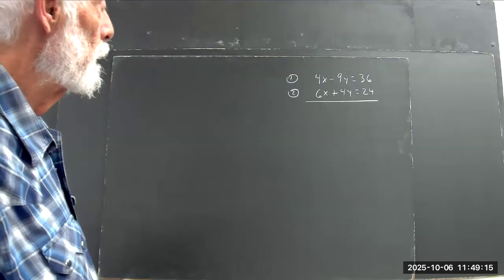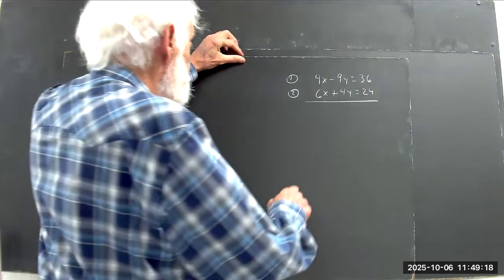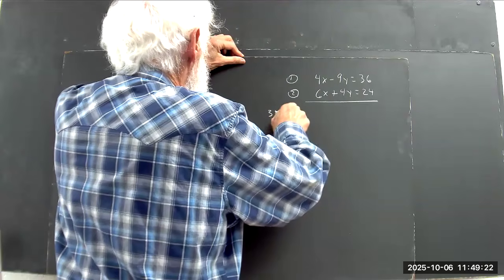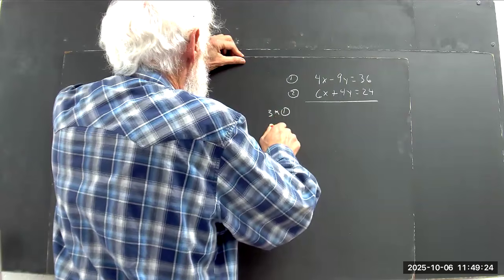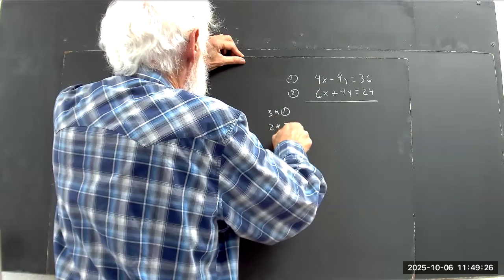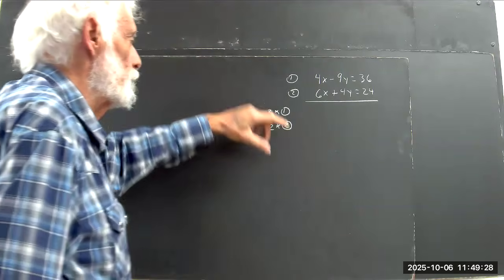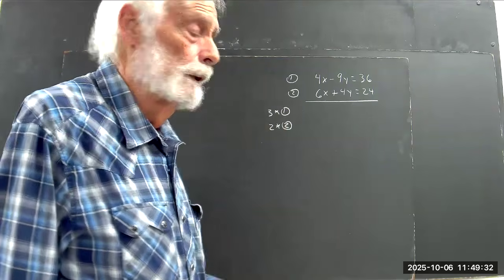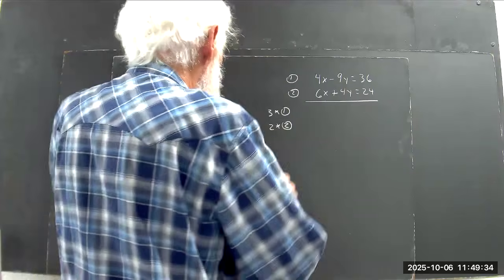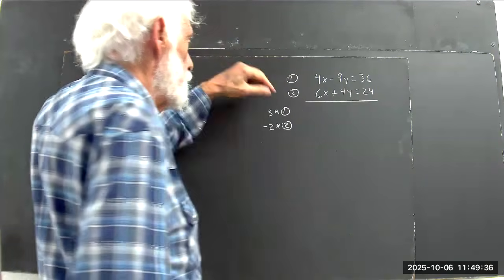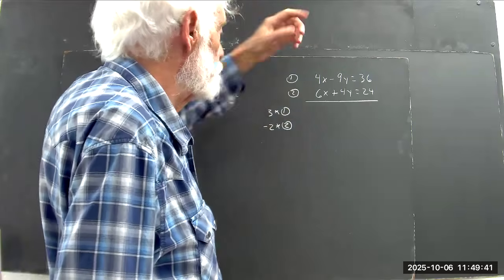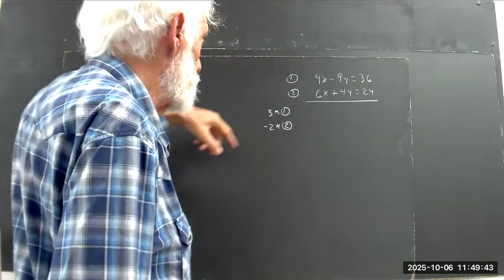If I multiply equation 1 by 3, and multiply equation 2 by 2, multiply by -2. Well, write down for me, what do I get if I multiply